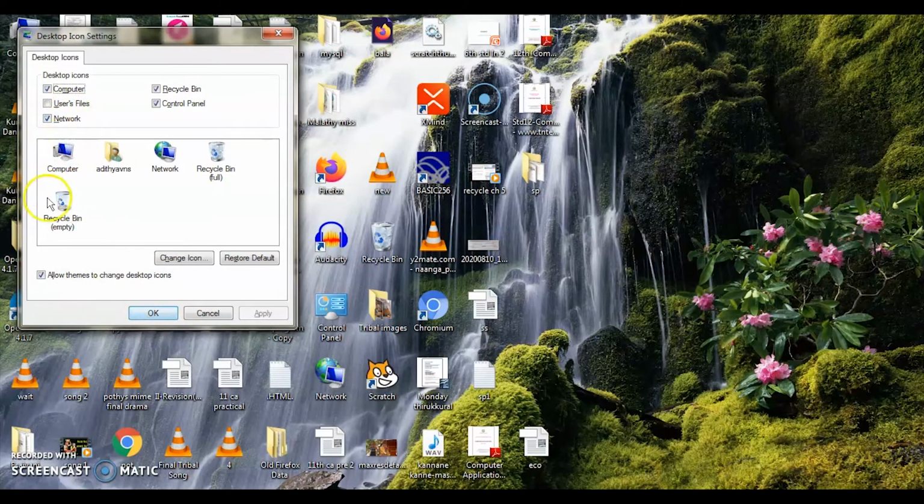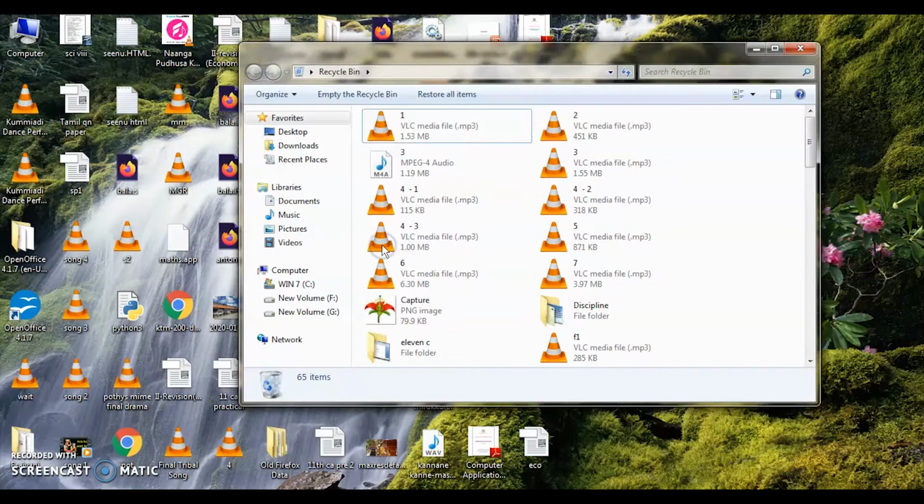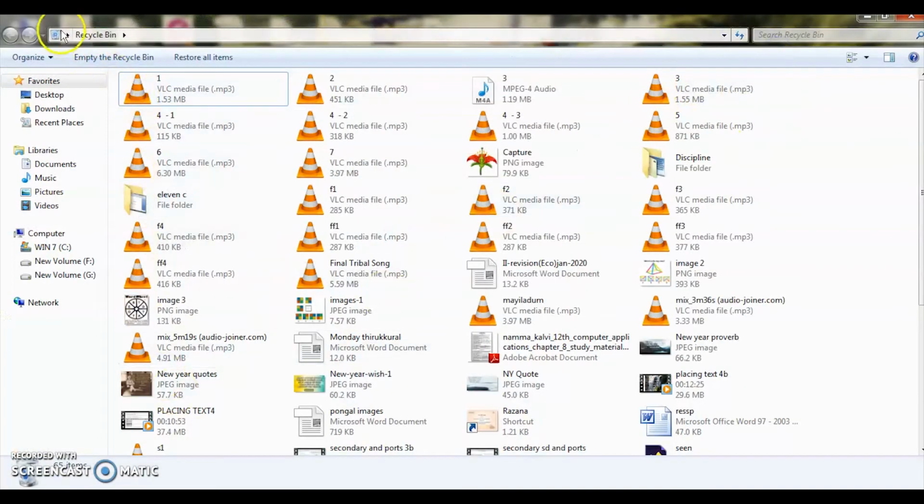See, the Recycle Bin is here. If I click this, what folder did I delete? I deleted the folder 11C. See, it is here. The particular folder that I deleted from the desktop is stored inside the Recycle Bin.